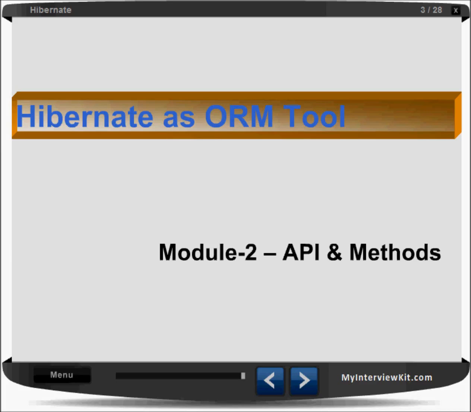Hi guys, let us understand today the Hibernate module 2, that is API and methods. So we'll see what are the Hibernate APIs we are having, and what are the methods in that API. Okay,